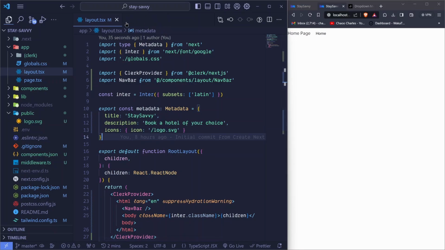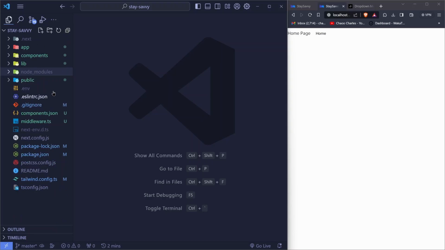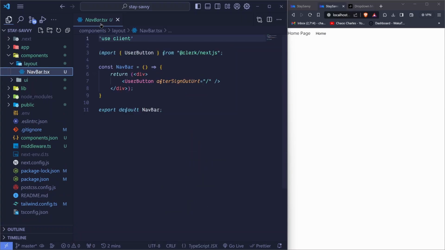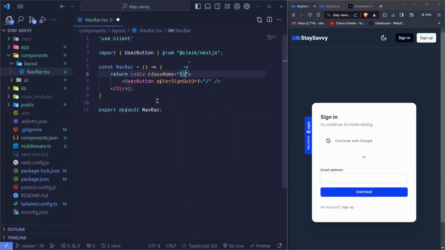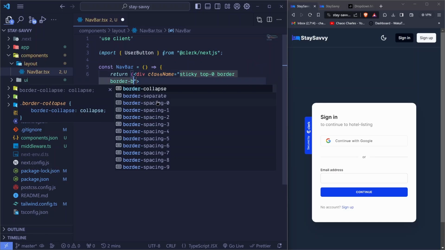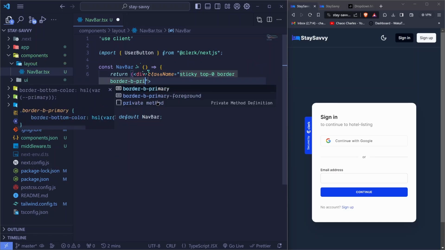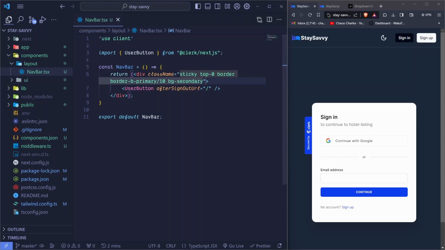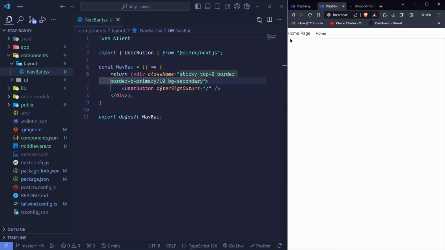We can proceed. We will go back to our NavBar component. So inside components, layout, NavBar, right here, I'll add a class name, and we'll say sticky top 0, and we'll add a border. Then we'll say border color. So border at the bottom, and we'll specify the color will be primary, and we'll say stroke 10, and then right here we'll say BG is secondary. Now I'll go ahead and save,